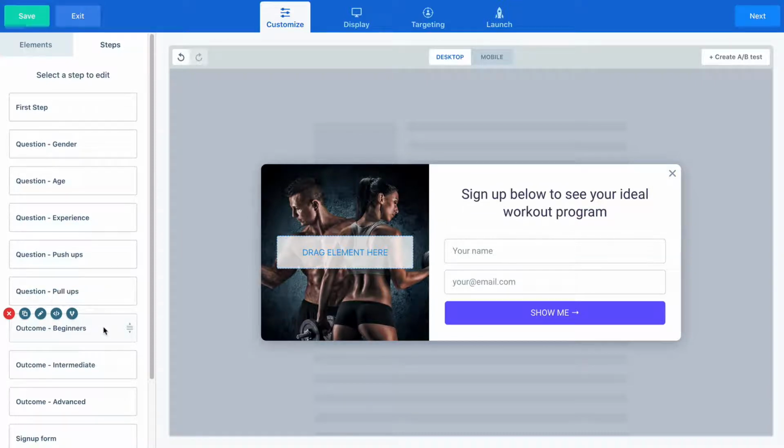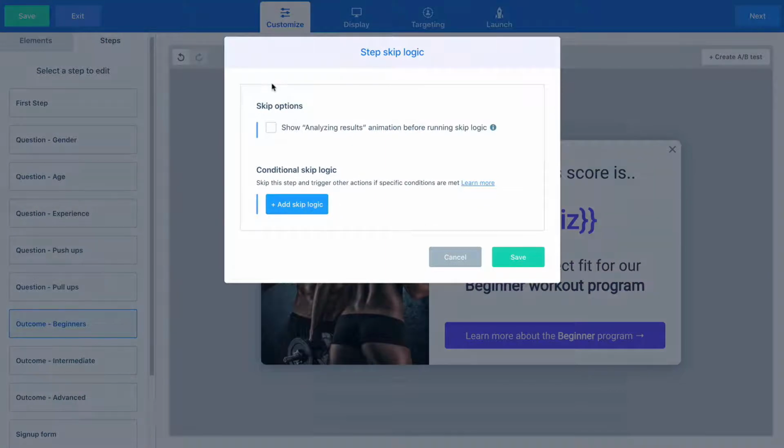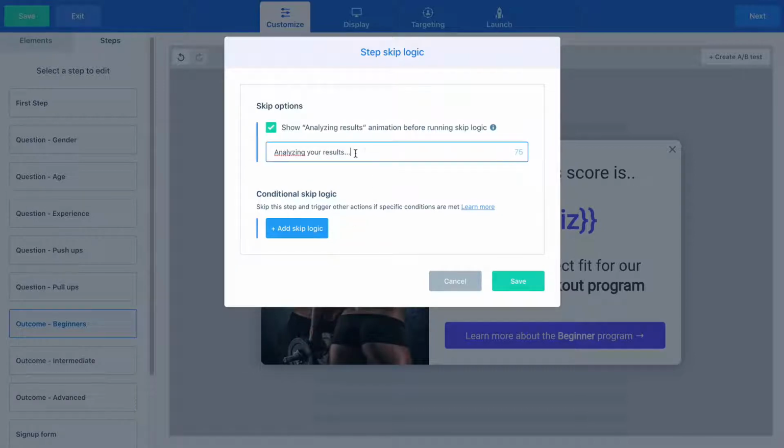So let's just take a quick look at this. If we select the skip logic icon, it's going to open a modal where again you have a couple of sections. So the first section here is for skip options. So if you want to apply an analyzing results animation before showing the step or running the skip logic, then you can simply select this option and you can add your own message here. And what's going to happen here is it's going to show a screen for a few seconds before actually running